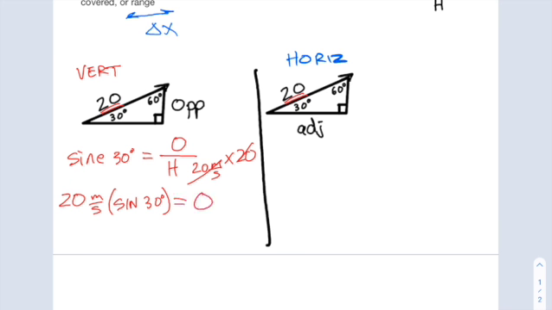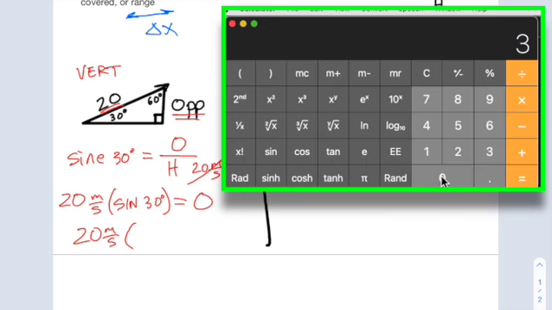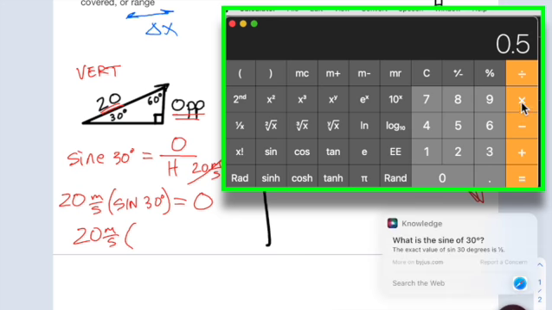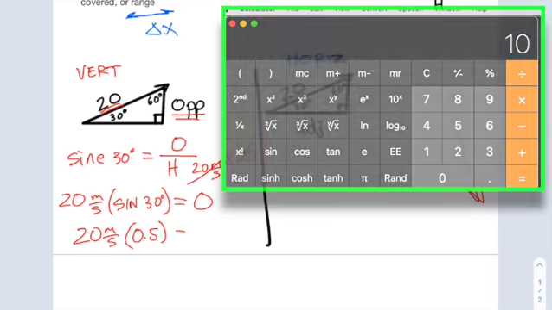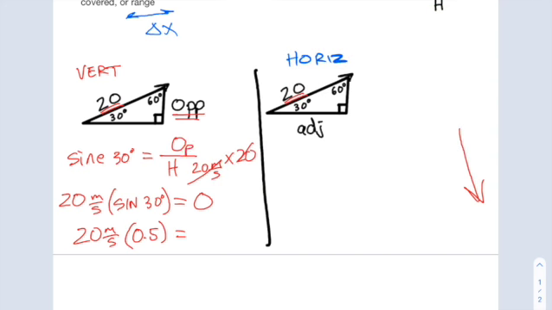That's going to equal the opposite side over here. So this is 0.5, which means that it should be 10 meters per second, which is what we got earlier from our memorized proportions of a 30, 60, 90 triangle. That means when it's launched, its vertical velocity will be 10 meters per second, and it's going to slowly lose